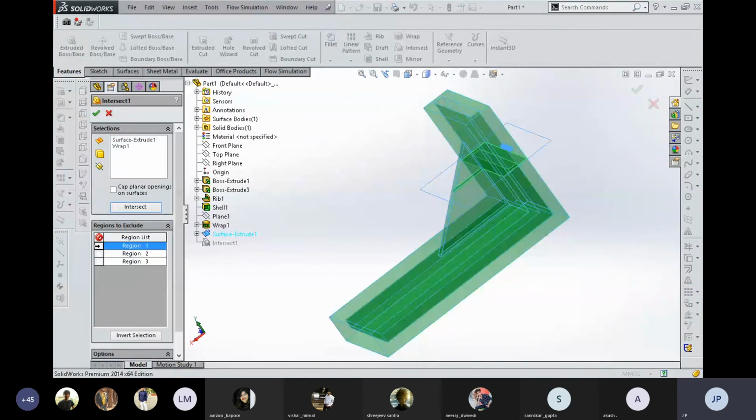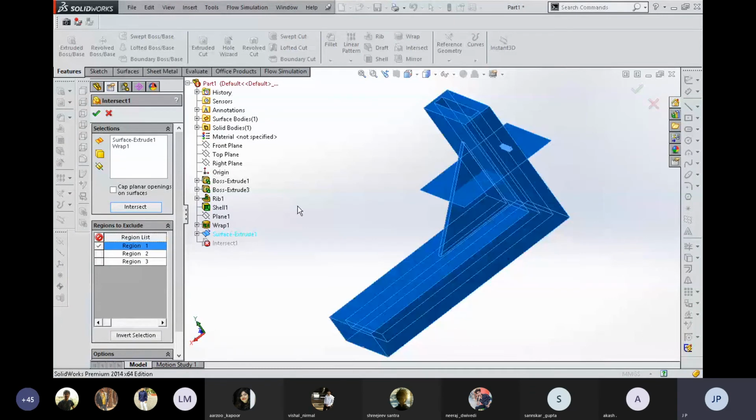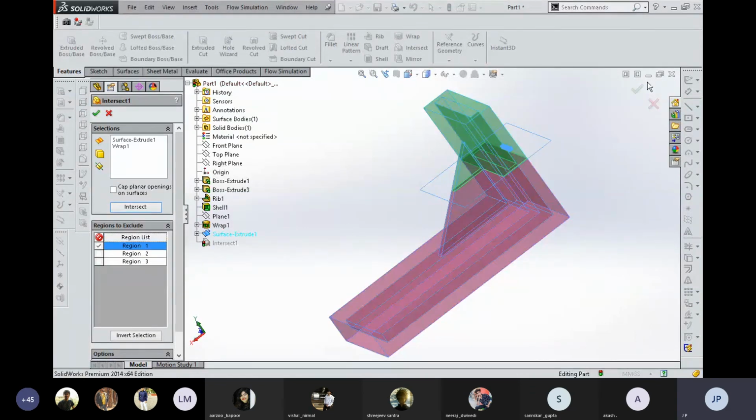Set. Okay, then click OK. Actually what region is showing, it is important. Regions to exclude.